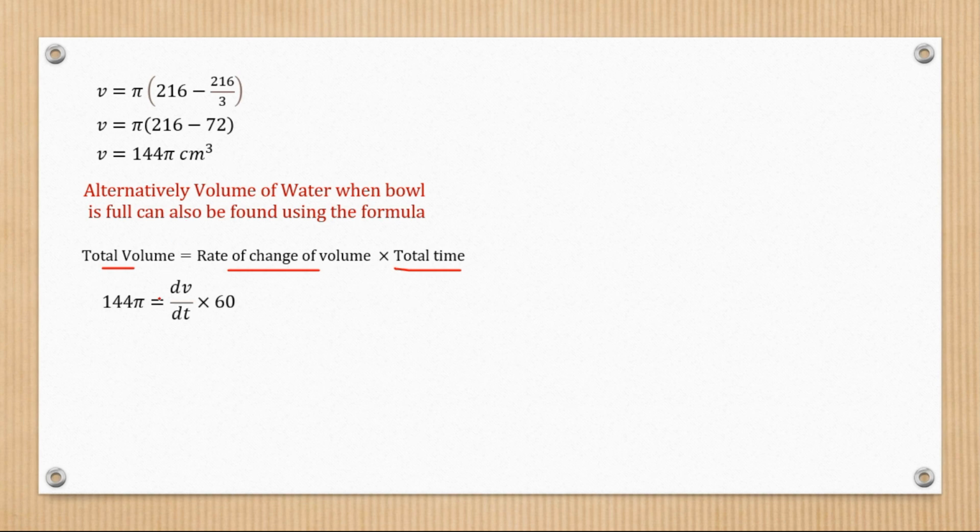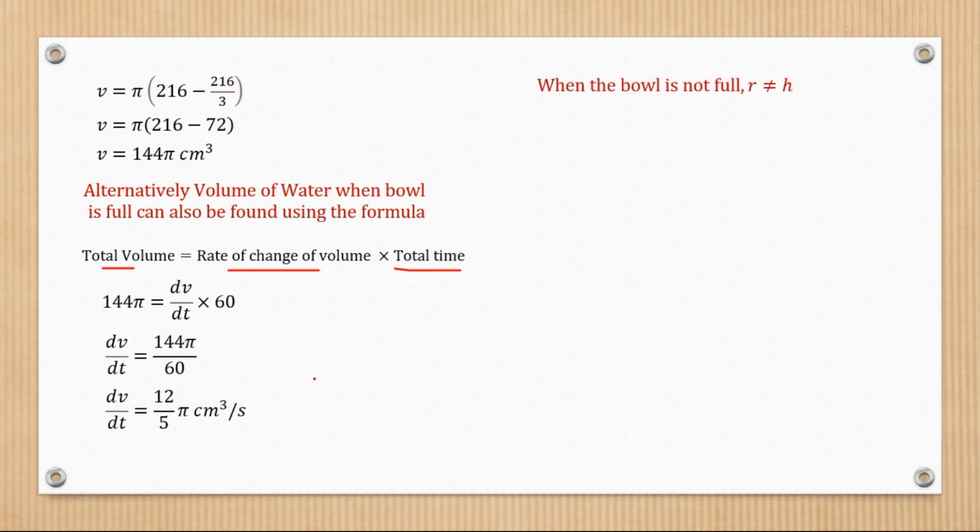So we have 144π equal to dV/dt times 60. If I make dV/dt the subject, it shall be 144π divided by 60, so dV/dt, the rate of change of volume, is equal to 12/5 π cubic centimeters per second. Now that I know the value of dV/dt, I can work out the rate of change of water level at any point. As I've stated before, when the bowl is not full, the value of r